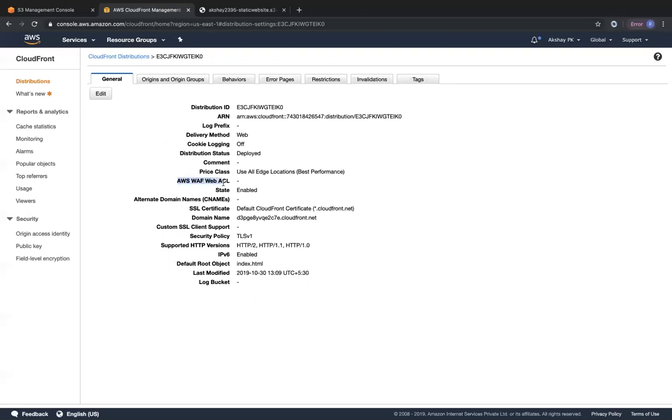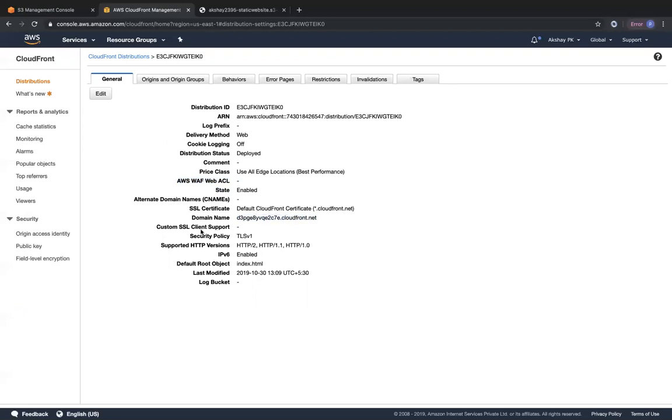So if you have a WAF that you have added with this CloudFront distribution for mitigating your DDoS attacks and layer 4 and layer 7 network attacks, you can view that over here. And when you create a distribution, a randomcharacter.cloudfront.net DNS name is automatically provided for your distribution. So you will have to access your website only through this domain name.